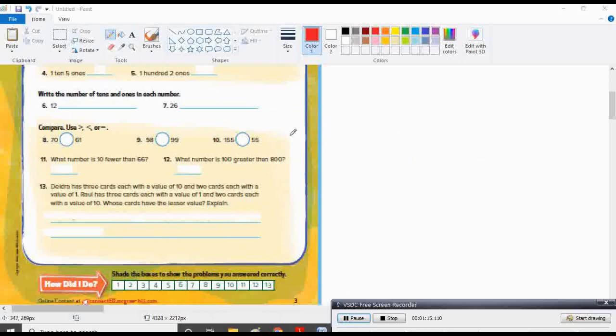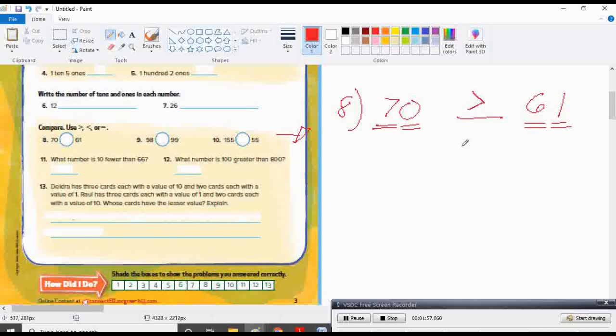Second part, we do have comparing numbers. In comparing numbers, there is always a technique. Example number 8: you are going to compare 70 to 61. Which one is bigger? Okay, you are always going to check the ones. After checking ones, move to the tens placement. If the tens placement can determine which one is bigger, then you are going to write 70 is greater than